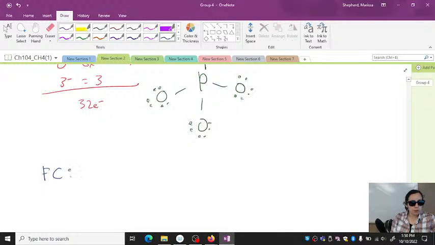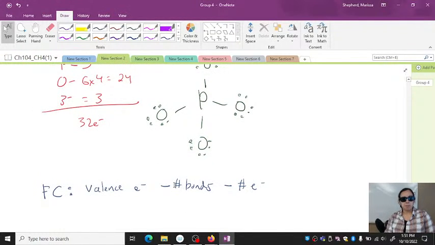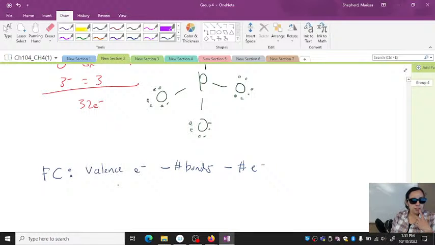And so let's first define, well, what is your formal charge? So your formal charge is you just take the number of valence electrons, so that's from the periodic table for that element, and then you subtract the number of bonds, and then you subtract the number of electrons, so like individual electrons. And so sometimes you see little variations on this formula, like number of bonding electrons divided by 2. That's the same thing as the number of bonds. And so let's do this together.